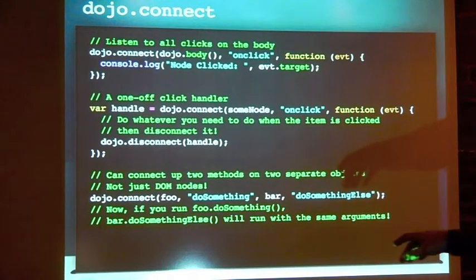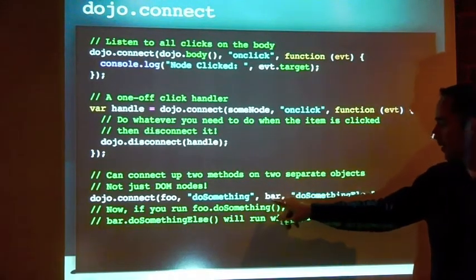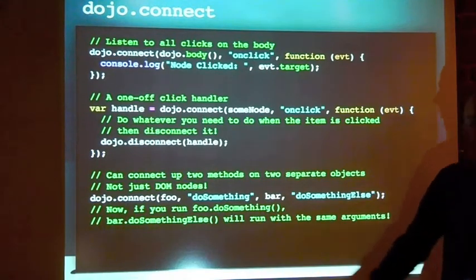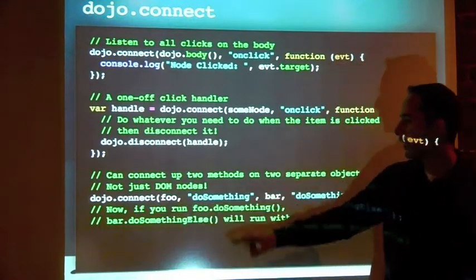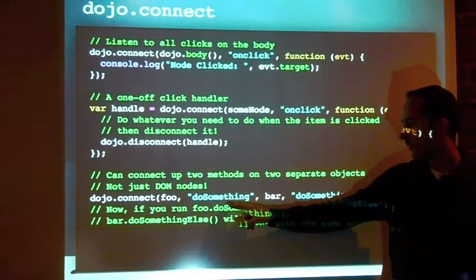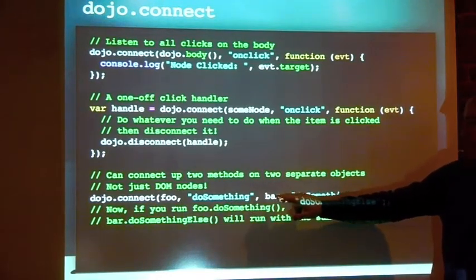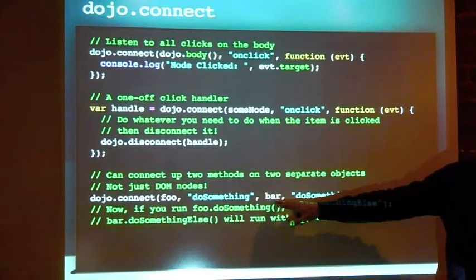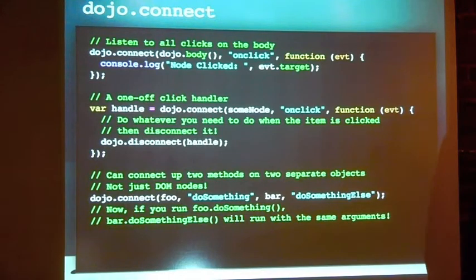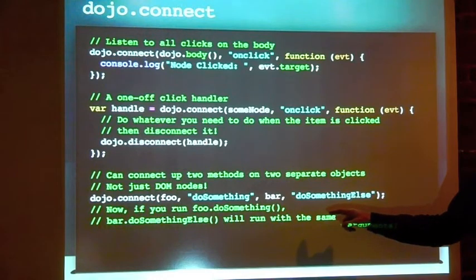So in this last example, you notice there's this fourth argument, right? So we're saying dojo.connect, we're listening to foo, we're listening for the do something event, and then when that fires in the scope of bar, we're going to call do something else, right? So you can change the scope or the context that the callback is going to fire at. This is pretty handy, right? Now, as a note here on this,